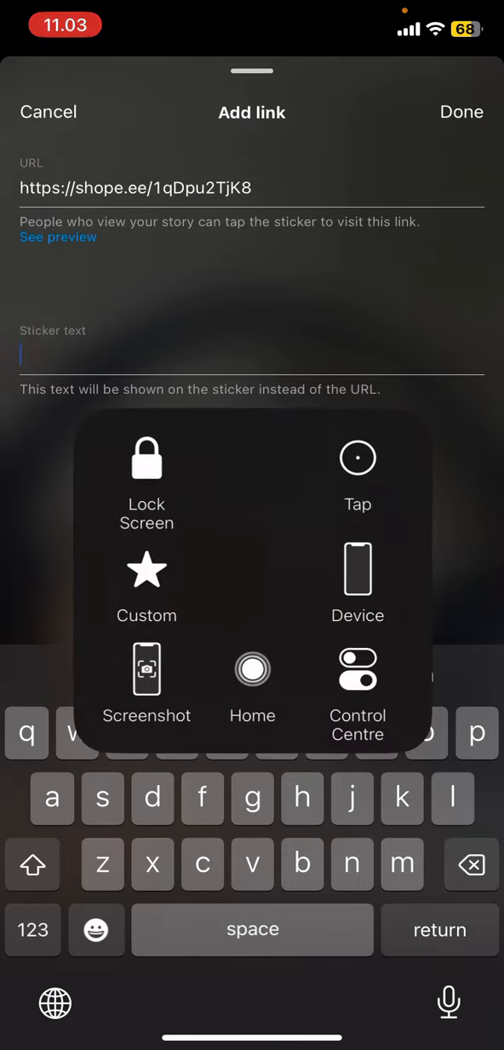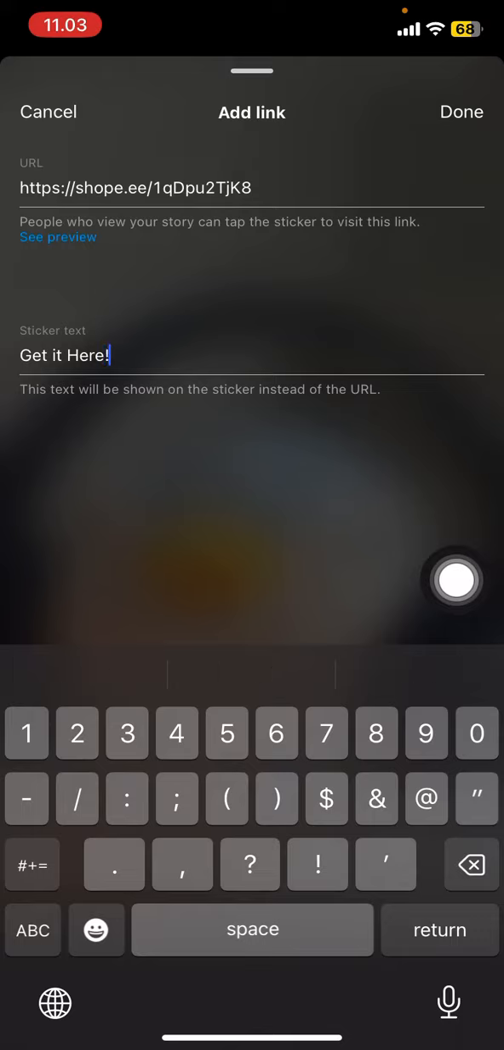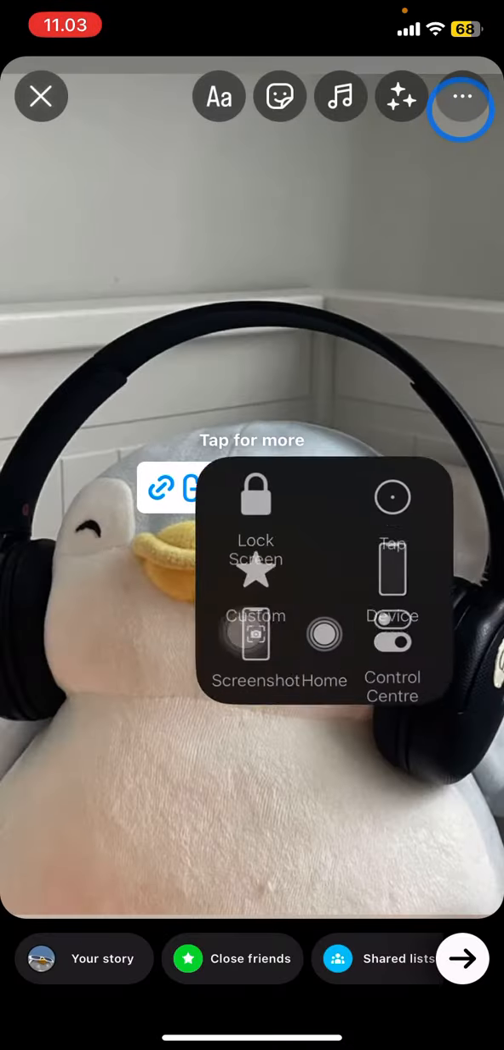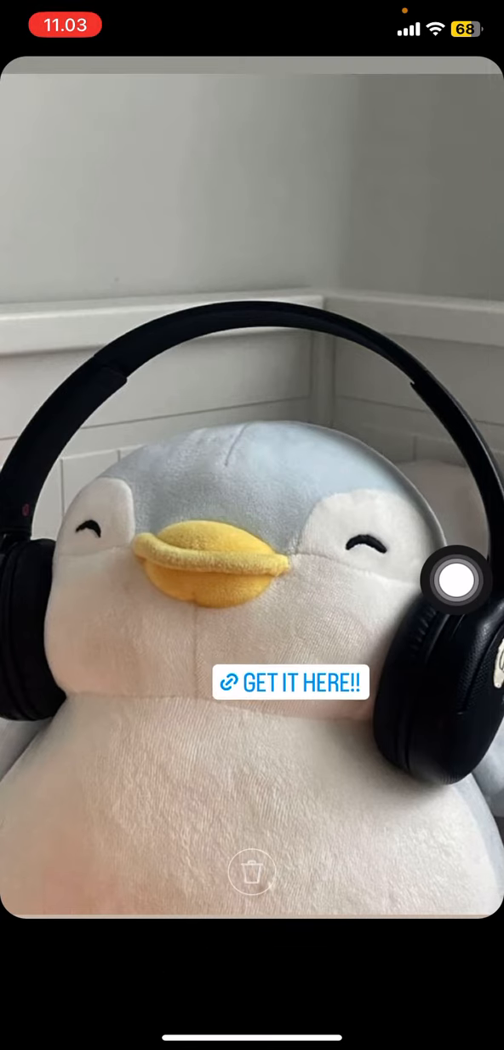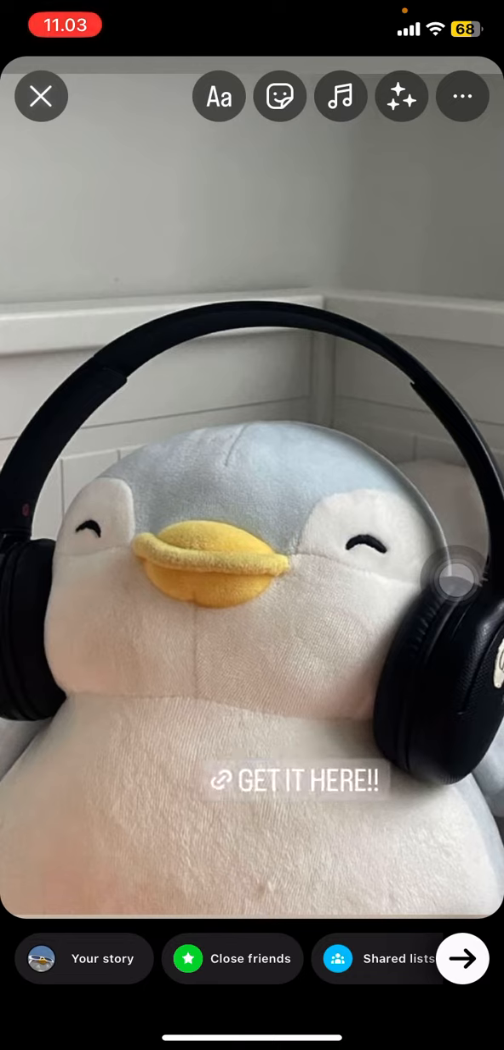by adding "get it here", and after that you just need to click done. And now you just need to adjust where you want to place the sticker. You can even change it by clicking the text here,